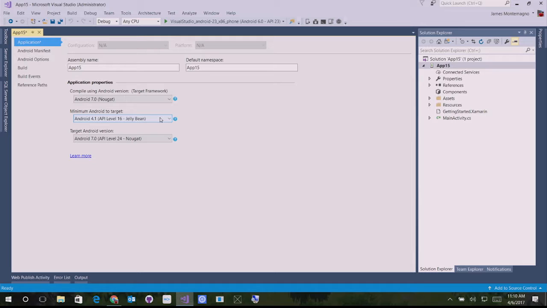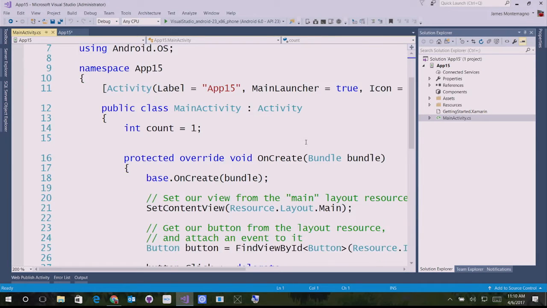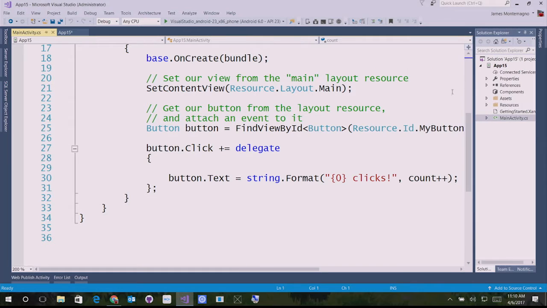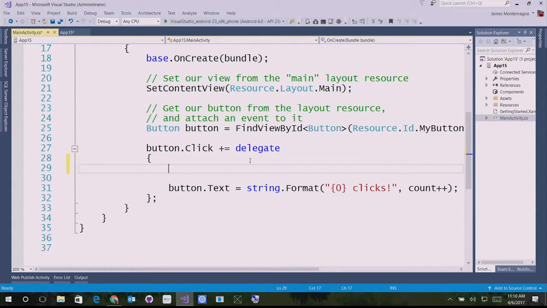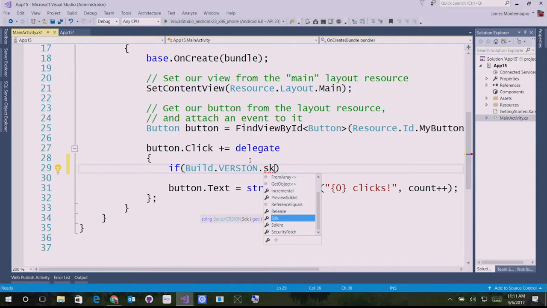Now, let's say you want to actually control some of this inside of your application, because this application can run all the way back on API 16, but can target and use APIs all the way up to 24. So what happens if I want to use a newer API, but I am running on an older operating system? This is where we'll want to check API versions. So let's say I'm in this button click and I want to do something fancy with some animation in API level 24, for instance. So I can come in, and if I say if Build.Version.SdkInt,